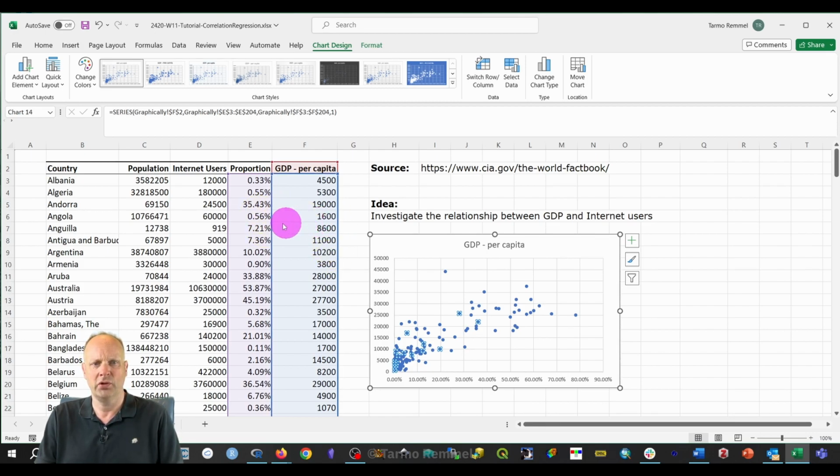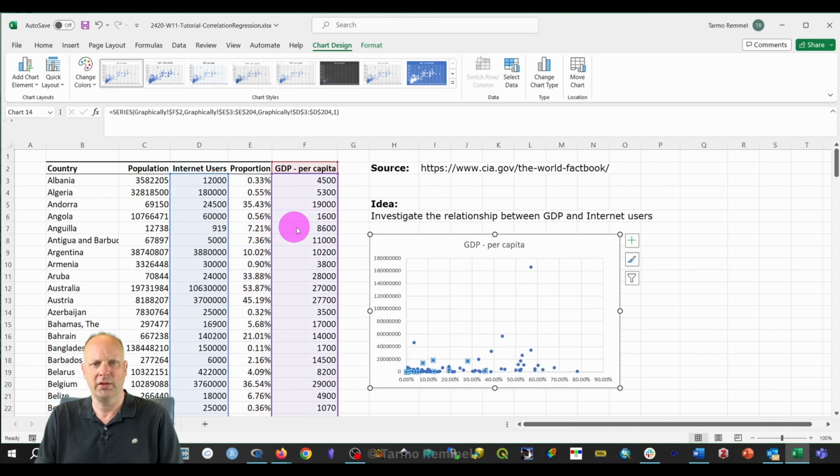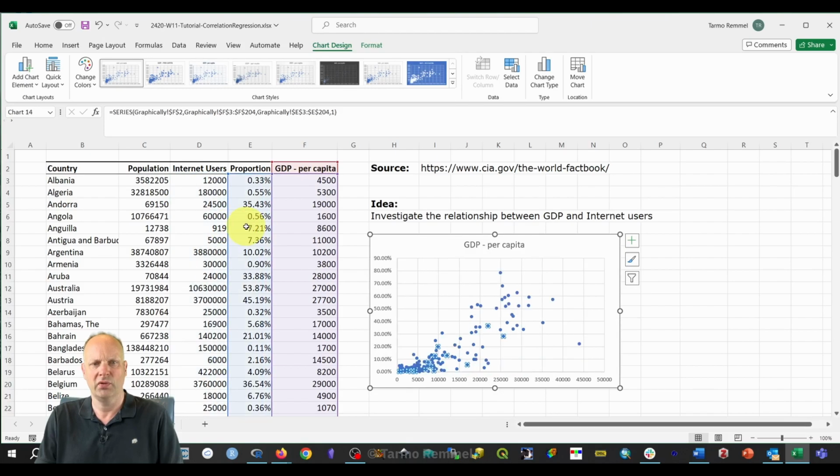And what I'm simply going to do is swap the blue one with the purple one. So I'm going to move the purple one back over and the blue one over here. And now we've got proportion along the y-axis, and we have GDP along the x-axis. Well, this is great, but it would be nice to have some information about what these axes are on the